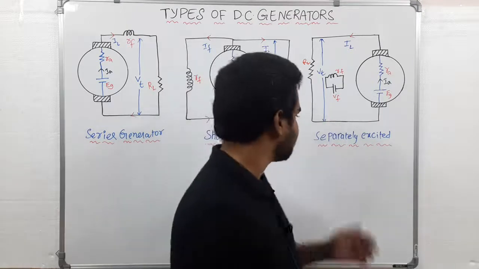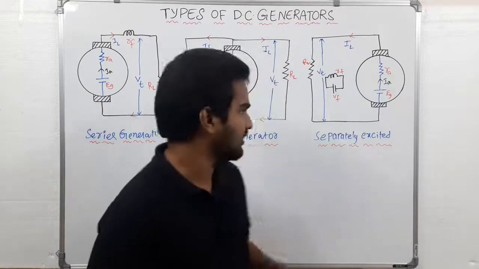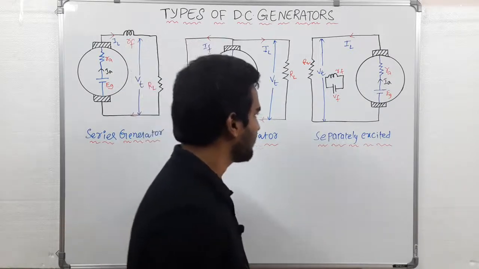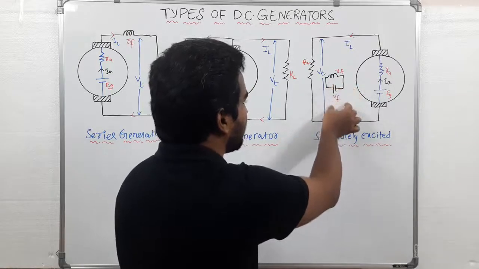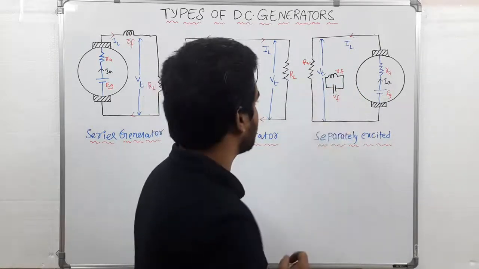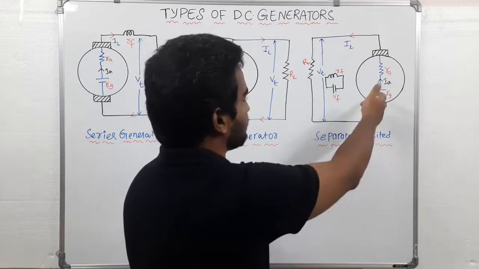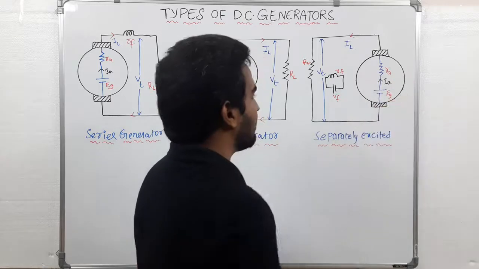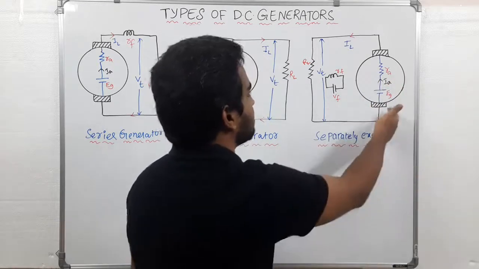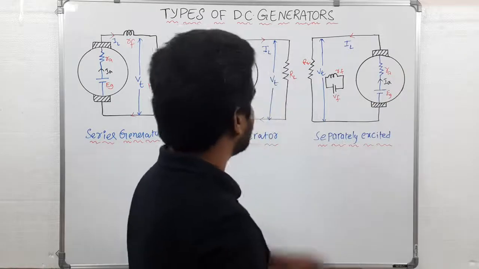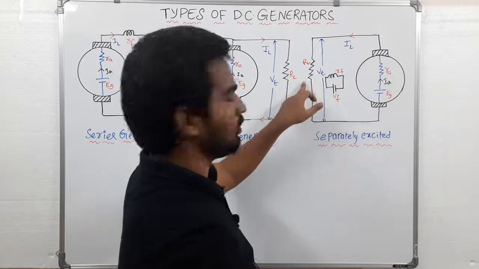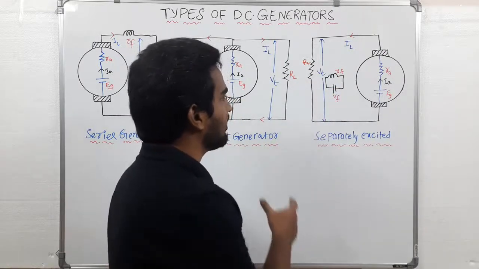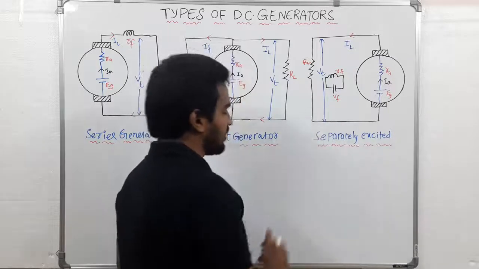Let's start with the separately excited DC generator. This is the equivalent circuit diagram of a separately excited DC generator. Field winding is getting excited with the external DC voltage source. And inside this machine, armature resistance and generated EMF are represented. These two are the brushes, and this is connected to load resistor RL. VT is terminal voltage. Let me write the equations of this circuit.